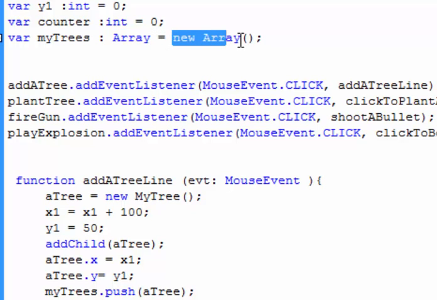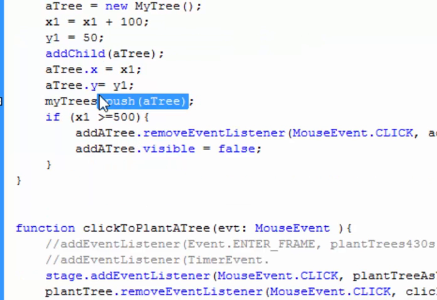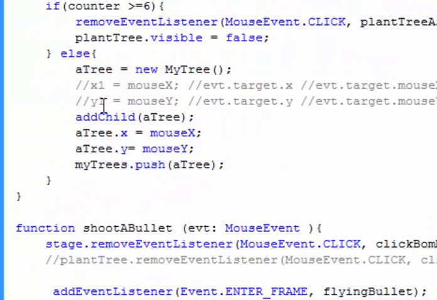Again, see, that's a creator or constructor, constructing a new array. A blank array is now ready for you to use. And when you want to add things to it, you just need the push method. Okay, push it in. Every tree you've made this way, that's pushed in. Okay, so now when I want to use the eraser to take the trees out, wipe them out, I have